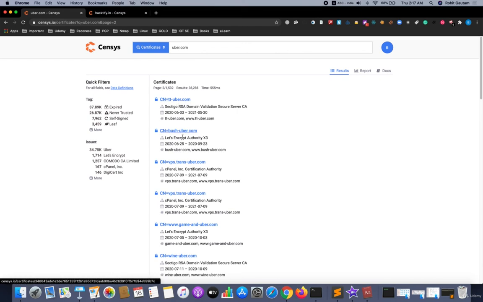As you can see, tt bush, vps.trans-uber. So you are able to see the latest data which has been crawled from Censys and a huge number of results which you can utilize later on.